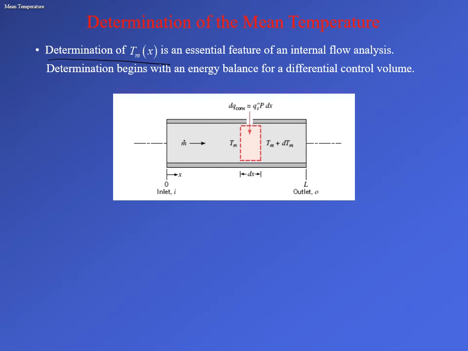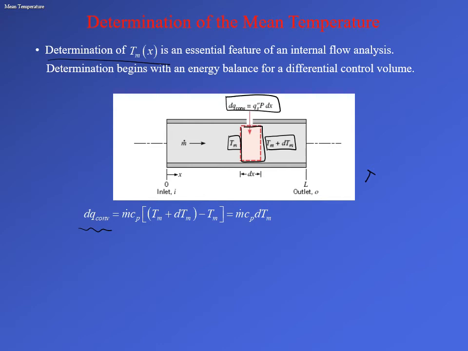So what we do is, like always, we do an energy balance, because whatever energy is leaving the pipe is basically getting convected into the fluid that is flowing, and finally that energy is what increases the temperature of the fluid. Again, assuming that the fluid is cold as compared to the pipe. So we do a simple energy balance. If we look at this control volume, the temperature on the left hand side is the mean temperature Tm, and on the right hand side, since the thickness of this control volume is small, we say that the temperature is Tm plus a differential change, dTm. So this small amount of energy is convected into the fluid in this control volume through the convection from the surface,